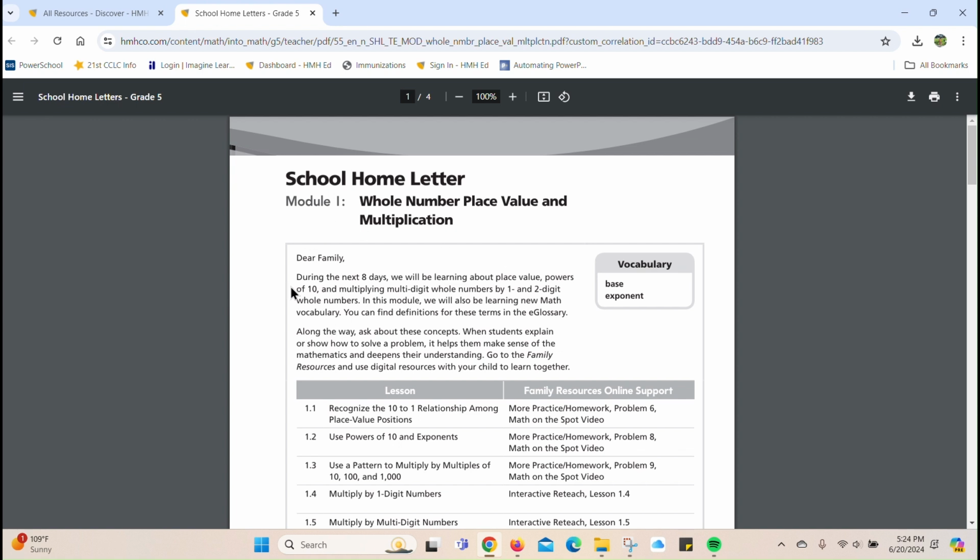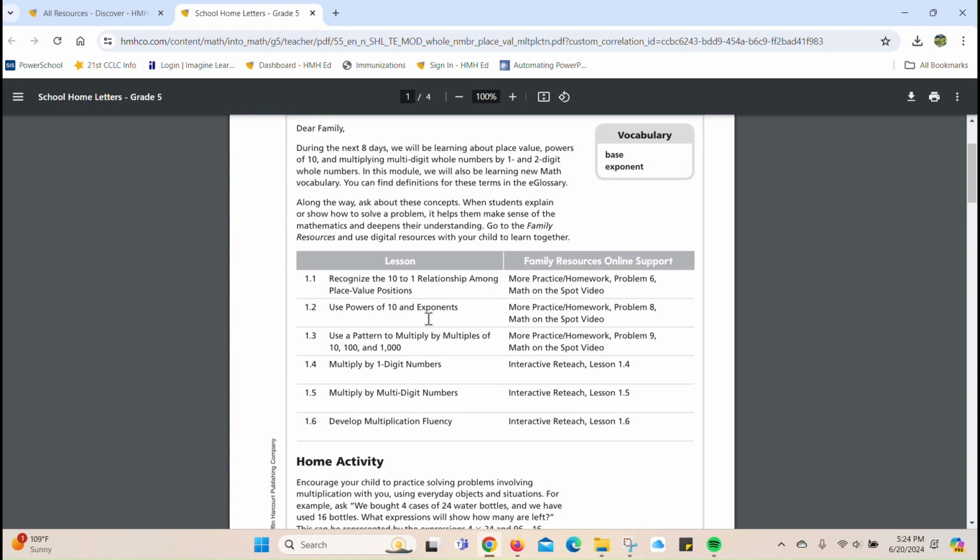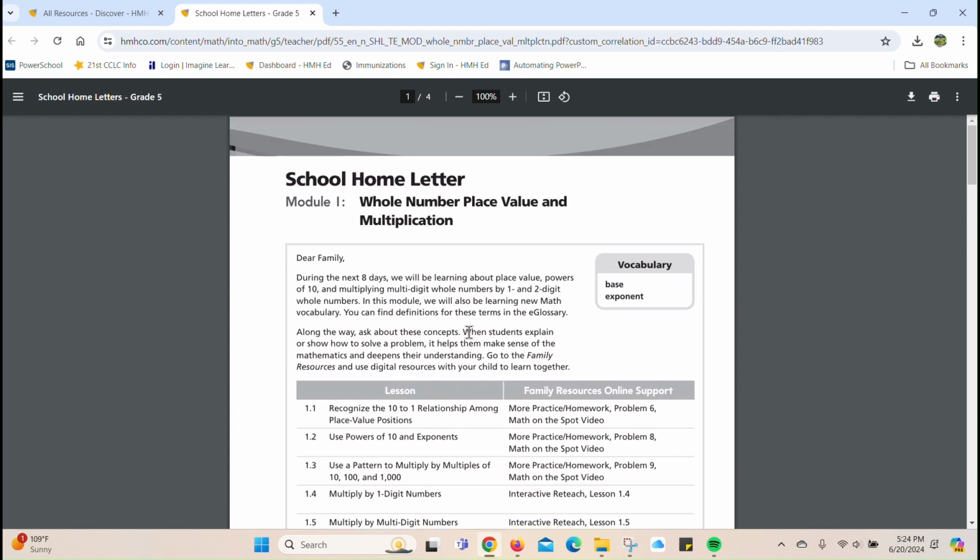We see, oh, hey, dear family, during the next 8 days, we will be learning about place value, powers of 10, and so on and so forth. So this actually might be a great idea for you to have printed out and send home to your families. That way you have very clear communication of what their student is learning about in a particular